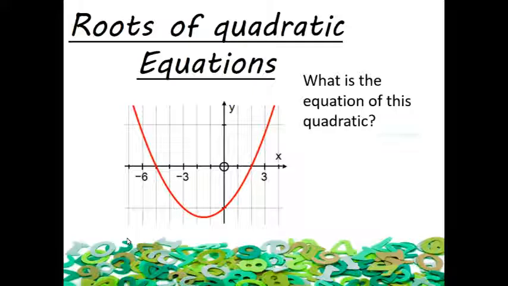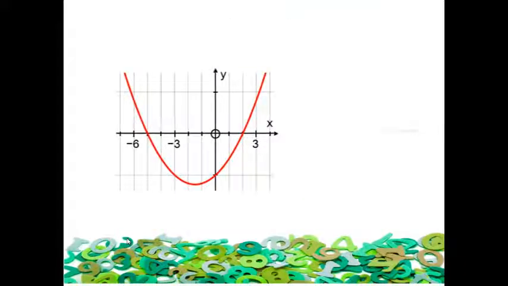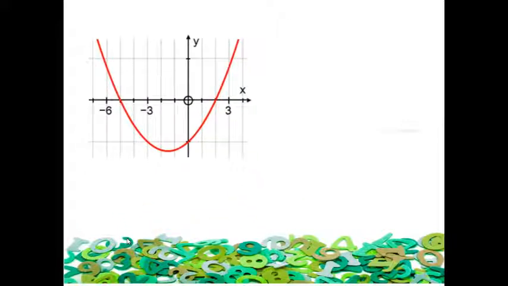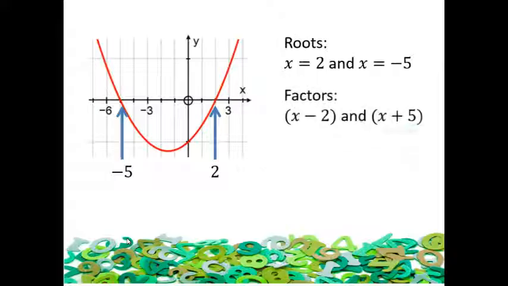How could we go about finding the equation of this quadratic? There are a couple of ways to do it, but the one we're going to focus on today is the one that looks at the roots of this quadratic, the solutions. So here we can see that this quadratic crosses the x-axis when x is 2 and x is minus 5,